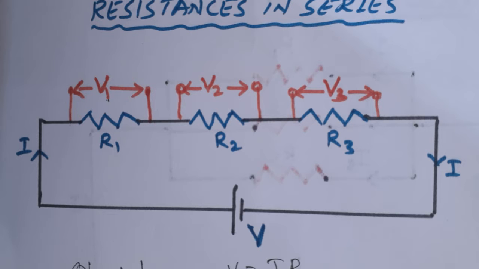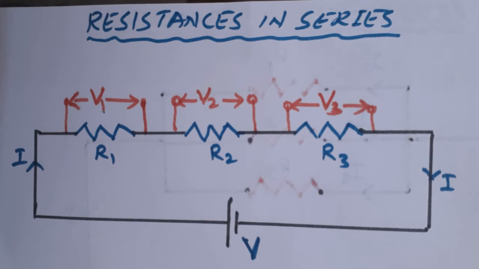Hello students, in this video we will discuss what is the total resistance when two or three resistances are connected in series and parallel. We know the resistance, voltage, current, and Ohm's law using the relation V equal to IR. We are going to calculate the net resistance or equivalent resistance of different resistors which are connected in series or parallel.